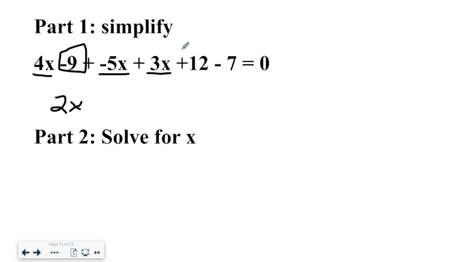I have negative 9 plus 12 minus 7. Well, we'll combine those. I'll do -9 and -7. I'll have -18. -18 plus 12, I'll have -6. And this is all equal to